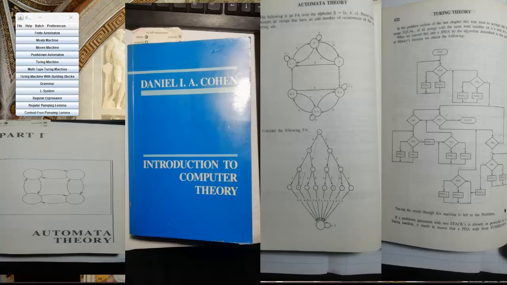That is my introduction. Okay, so I will see you in the next one. This is a book called Introduction to Computer Theory by